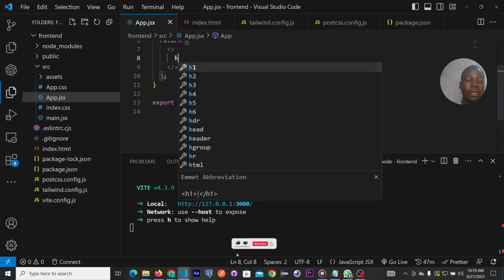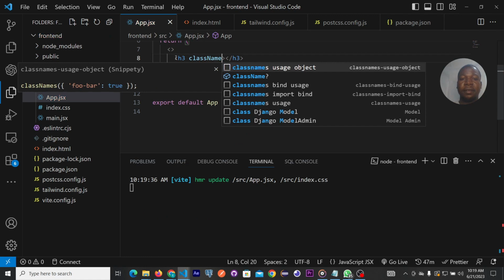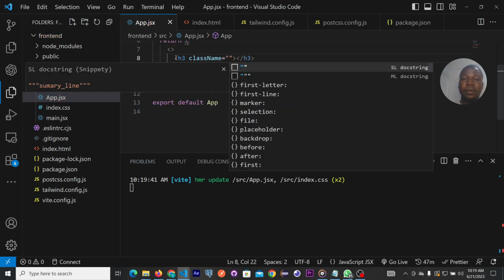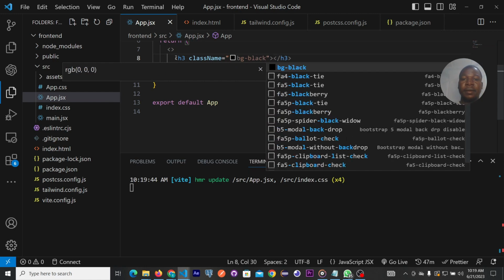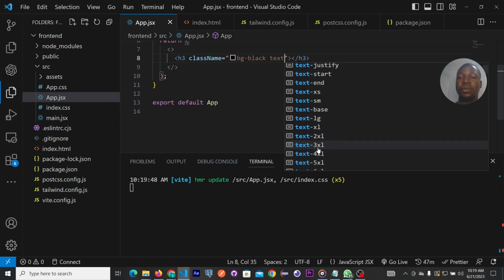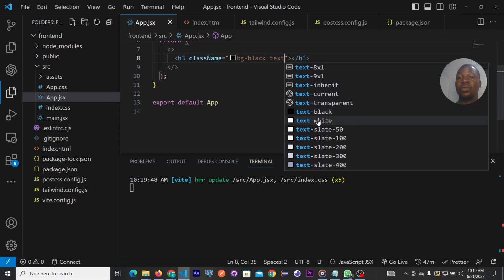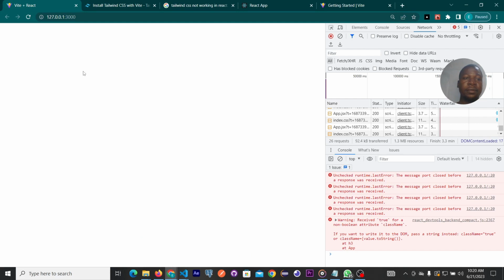Let me put the h3 tag, and I'm going to put a class name, let's say bg-black, text. The good thing is I also installed a Tailwind extension to make my work easier. So if I go back to the browser now,